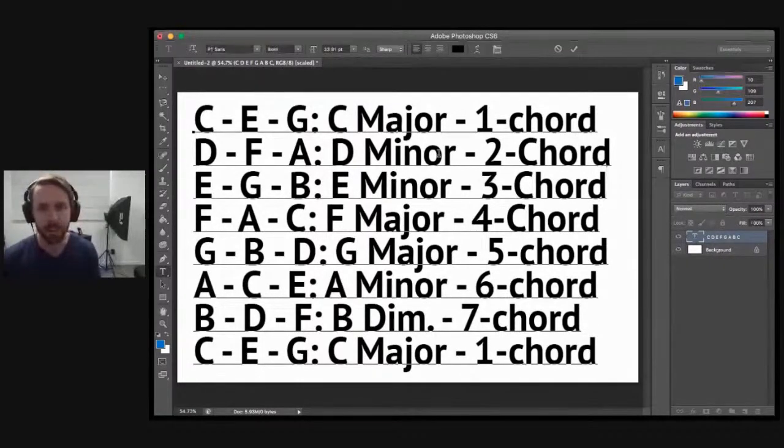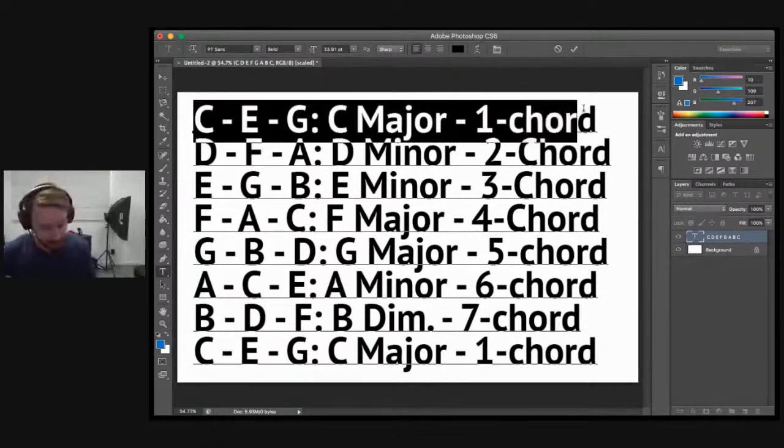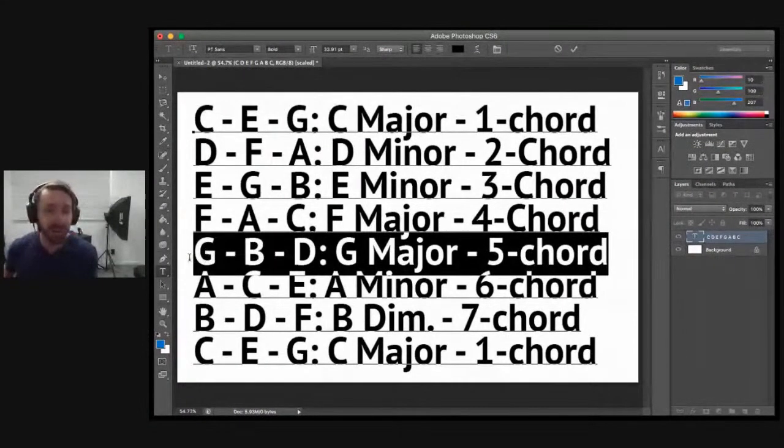I don't quote me on this, but I have a feeling that the actual song is in E, but maybe that's just because I want to play my low E. Now that sounds right. We probably haven't got time to go through and change all these, but if that was the case, then this would be an E major chord. The 5 chord is going to be down here, but instead of a G, it's going to be a B chord. C sharp minor, A major chord: 1, 5, 6, 4, yeah?